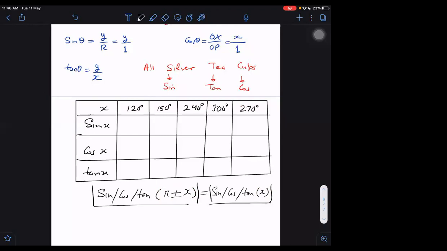Apply this logic. Not only that, I should write here n pi plus x or minus x. N can be written. N pi can include 2 pi plus and minus x also. The ratios will not change. Sine, cos, tan, and similarly cosecant also. I'm writing 3 values, but it is valid for the reciprocals also. Sine, cos, tan, these will remain equal to x magnitude wise. Now tell me what is the value of mod sin x, mod cos x, and mod tan x.